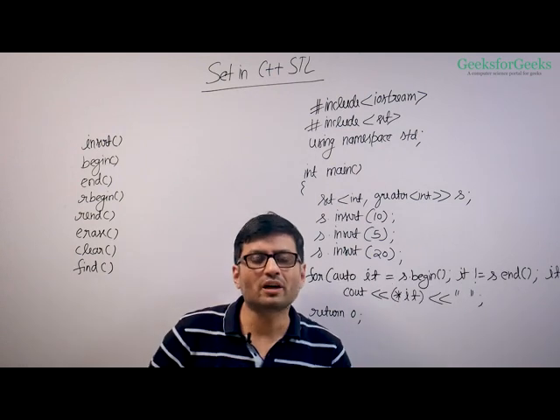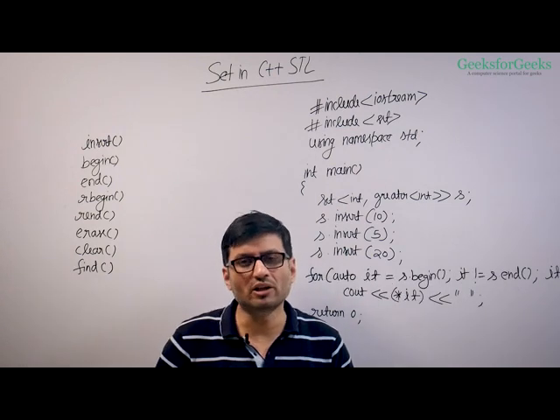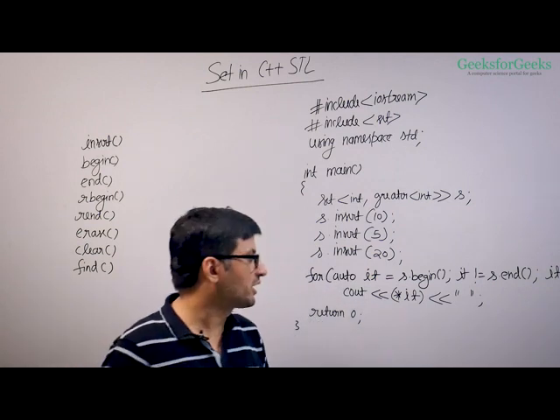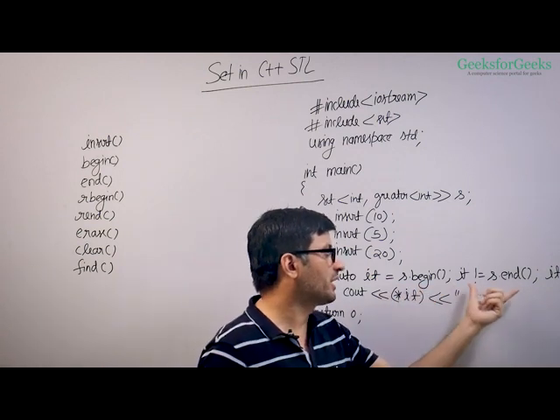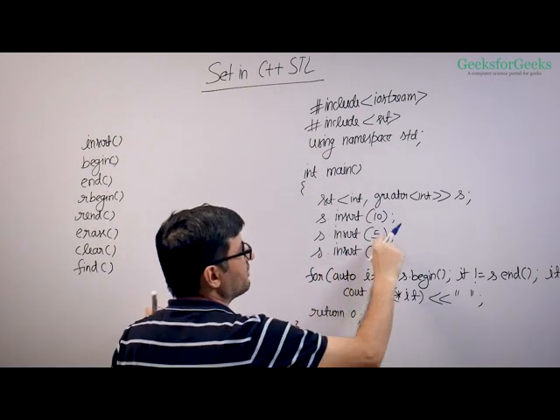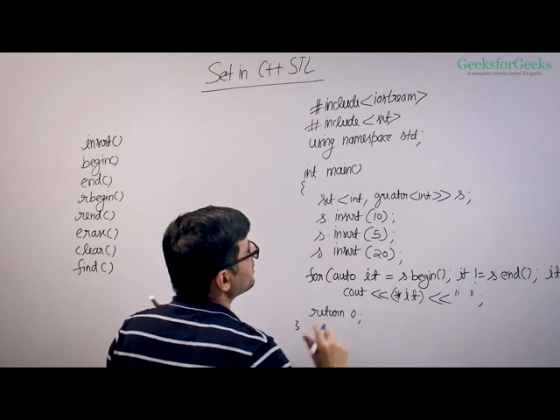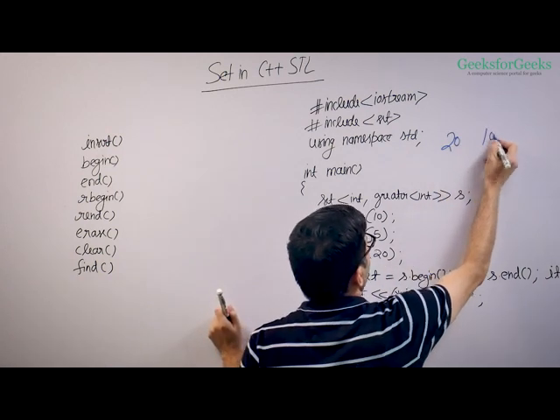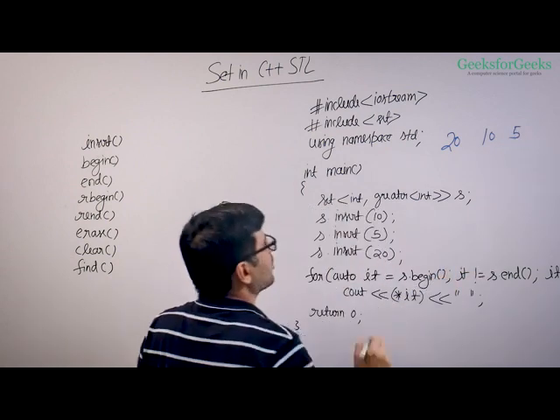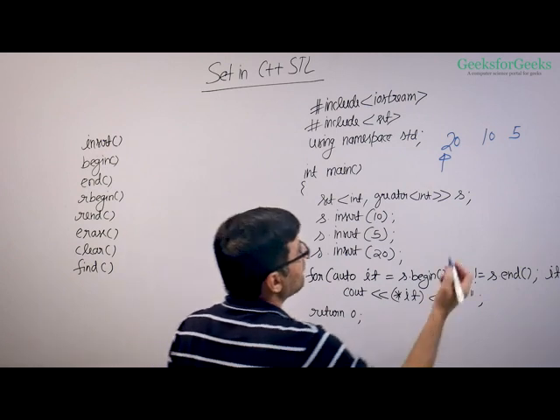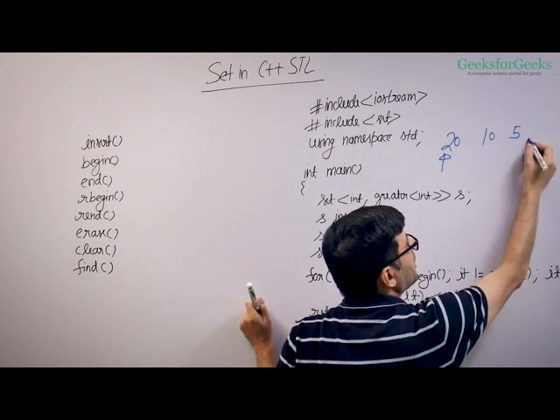In this program, I have written a different style of traversing a set. Like other containers, we can traverse a set using begin and end. What happens in a set is, say your set contains these elements. Since we have the greater function used, the elements will be stored in decreasing order. So your set will be 20, 10, 5. Your begin will point to the first element, and your end will point to an element beyond the last element,